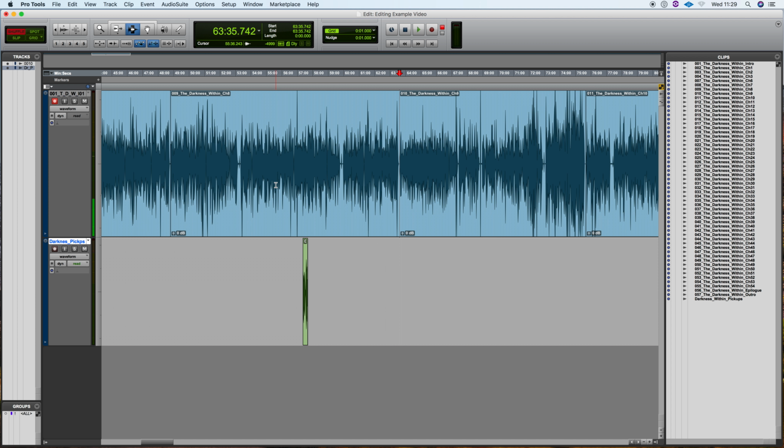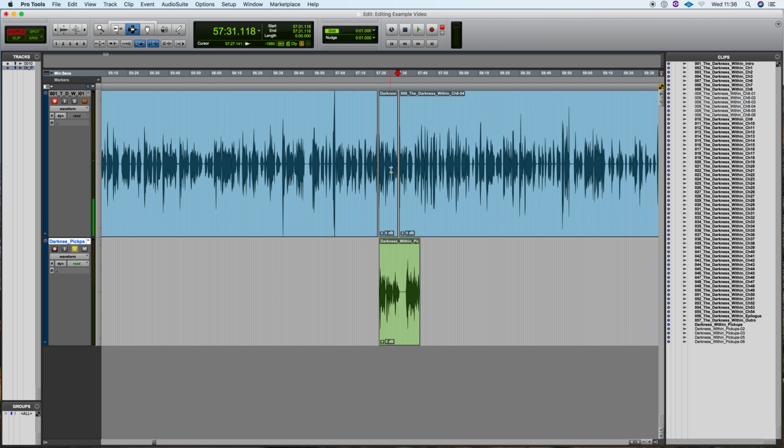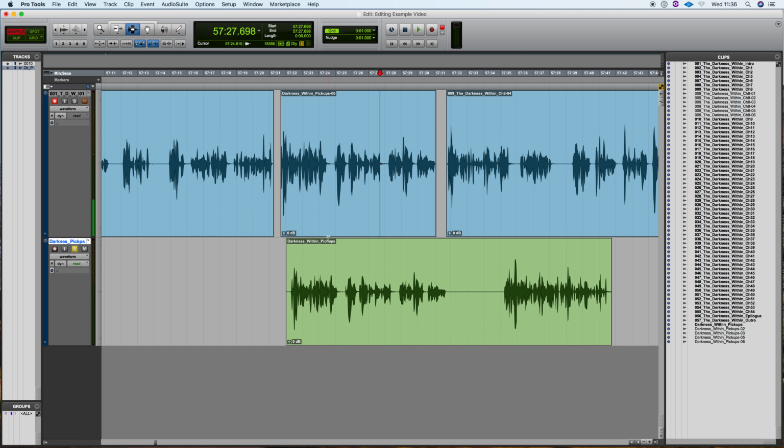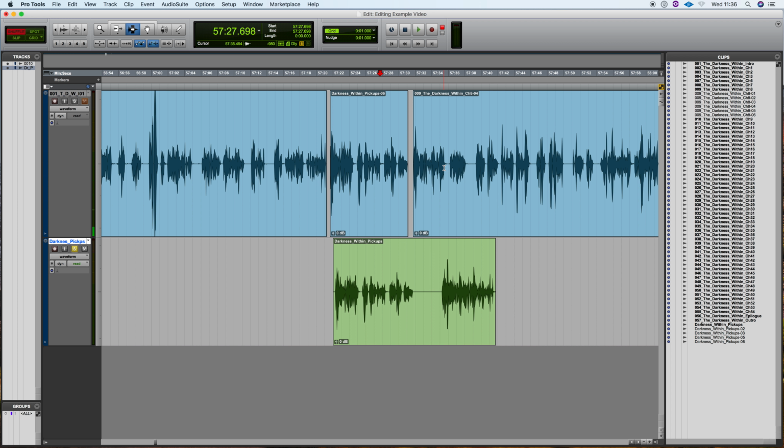So, that is how you drop audio, replacement audio, into the original chapter in Pro Tools using both the shuffle and the slip modes. Shuffle mode is always the safest option to drop audio in because it means you won't lose audio from either side. And what I mean by that is if your replacement audio is a bit longer than the original audio, if you paste it in with slip mode, it will actually cut away some of the word after and you will lose that audio. It's not lost forever, it just means that when you send it to us it will